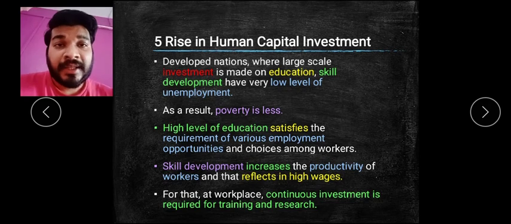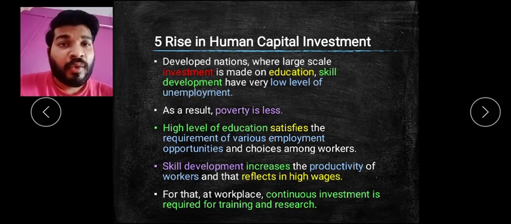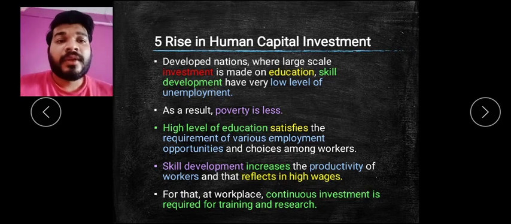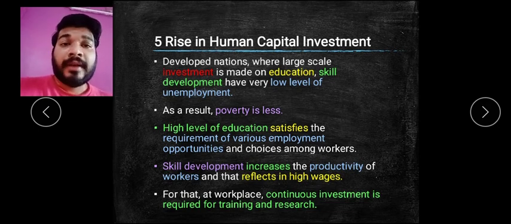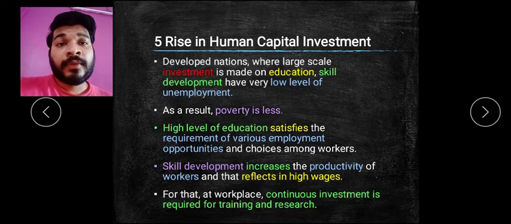And we have seen that in developed nations there is a low level of unemployment because all these things are available, and a huge amount of investment is made in education, skill development, abilities, and training. Whereas in developing countries we don't find that much, and because of that we are lacking. So if we follow this, you find that you are given a higher priority than the illiterate people or the unskilled person, and it reflects in higher wages in your income